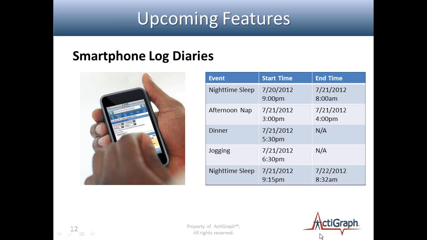Okay. As I was saying, smartphone log diaries. Certain information like the nighttime sleep and afternoon naps, they can enter in immediately right there. So it's a little bit easier on them. This kind of replaces the log diaries that they had to write in manually, that the doctor may have had to print out for the user. It just kind of replaces the whole log diary, where this information can be synced immediately